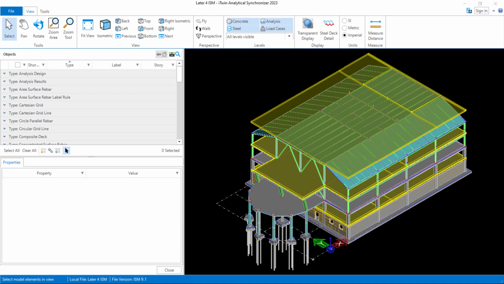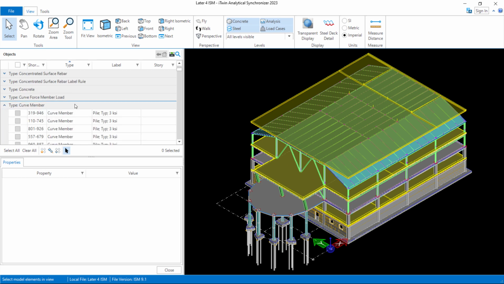Let's first review the curved member objects in the iTwin repository. So in the Objects window, we'll go ahead and scroll down and we'll find our curved member objects. Now this will include all of the piles, columns, beams, and braces that exist in your model. We're going to focus our attention on the steel members, and we can do this by using the View tools